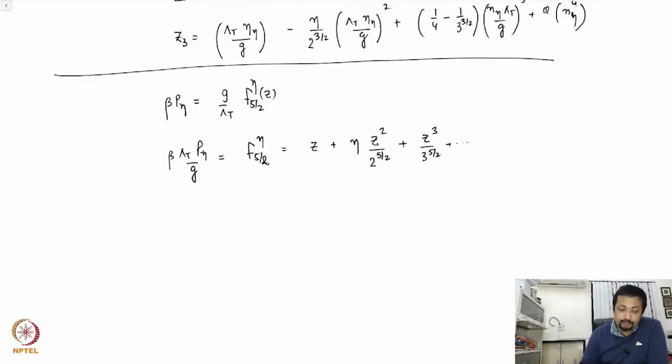Now if I substitute z3 in the expression for beta p eta, then I see that this is going to be lambda t n eta over g minus 2,